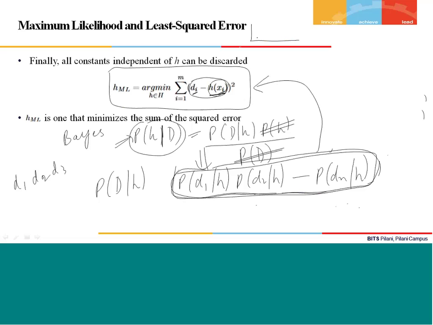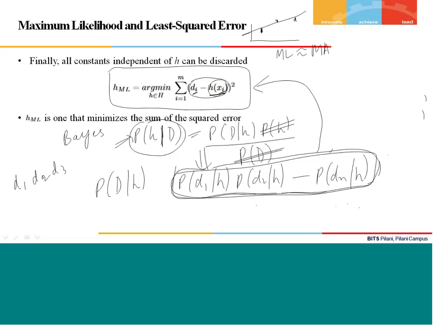For example, I have these three data points D1, D2, D3. So I should choose my hypothesis that must minimize these differences. The hypothesis that is minimizing these differences is the maximum likelihood or MAP hypothesis